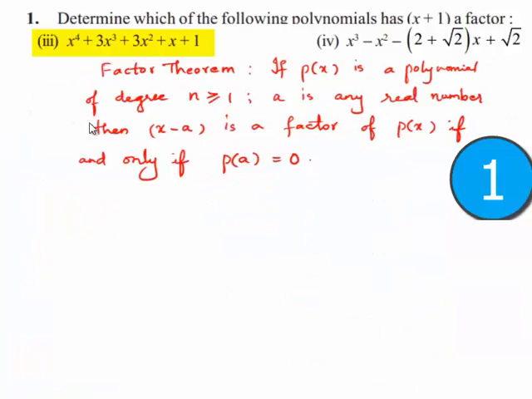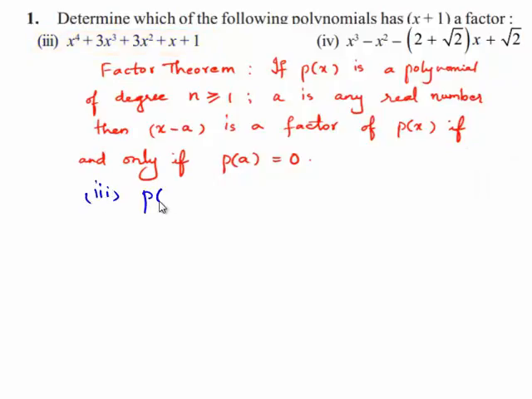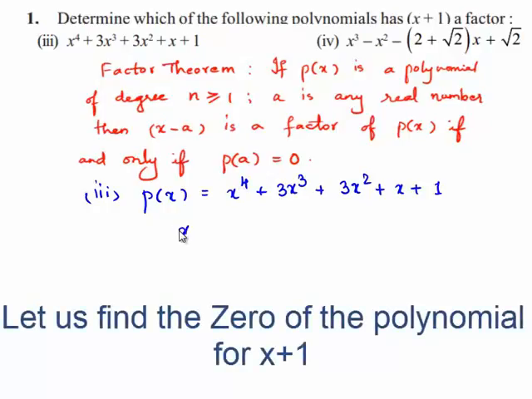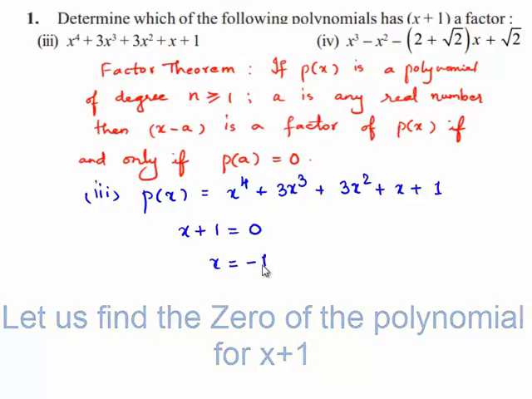So moving on to the third bit, which is x power 4 plus 3x cube plus 3x square plus x plus 1. So I can write p of x is equal to x power 4 plus 3x cube plus 3x square plus x plus 1. By using the factor theorem, we can find whether x plus 1 is a factor of the given polynomial or not. So x plus 1 is equal to 0 and x is equal to minus 1 is the 0 of